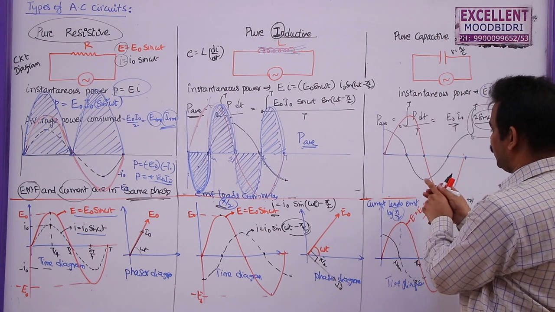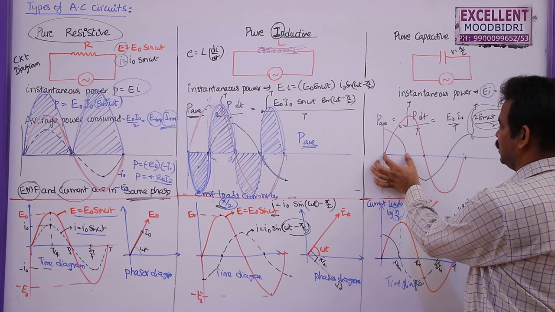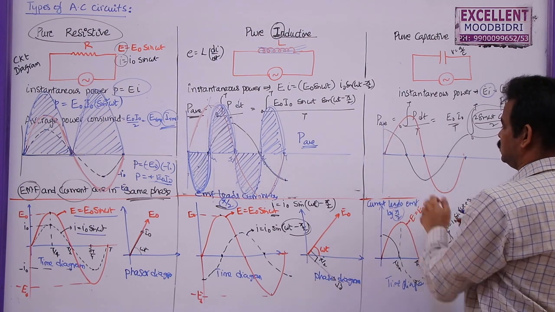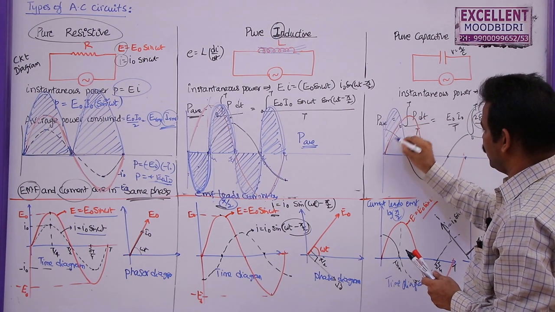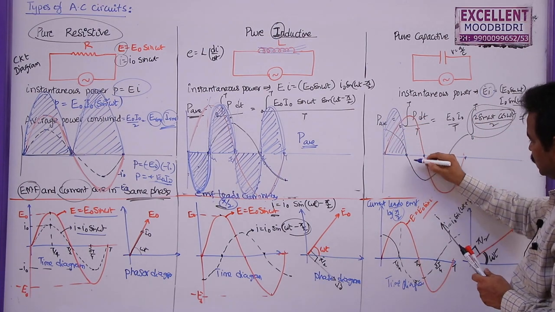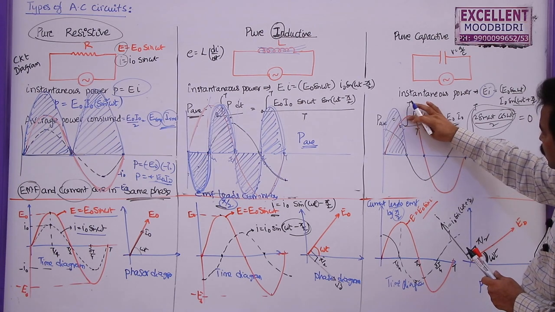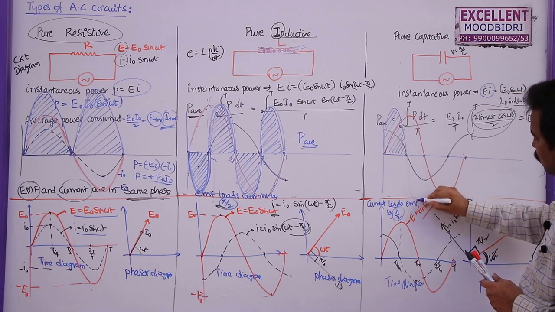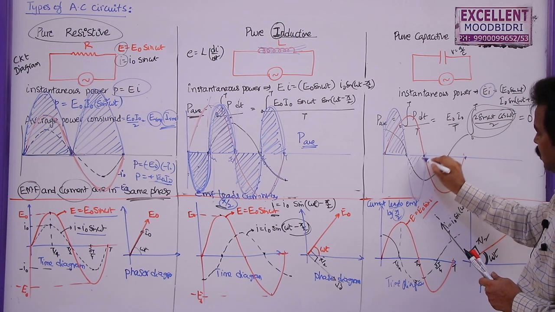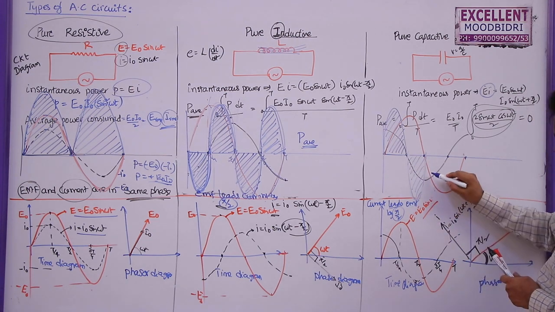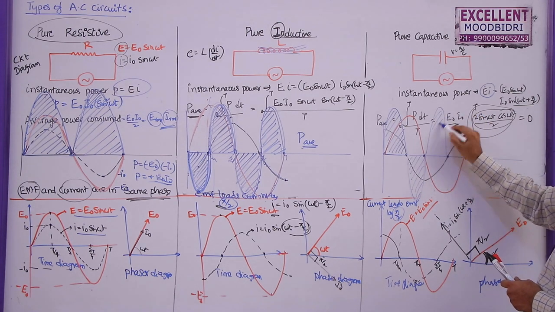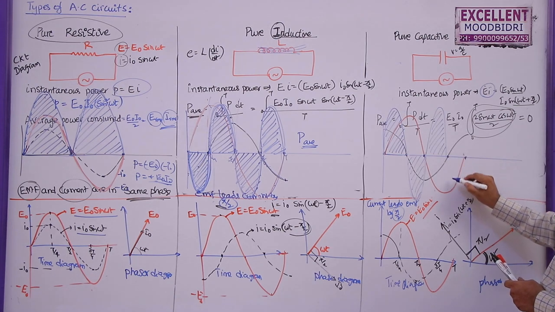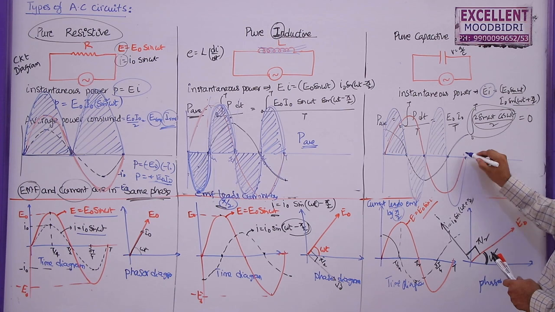Now for this 1/4 cycle, this is positive, this is positive, so both are positive and this is the positive power here. Now you can see the current is negative, even though EMF is positive, as current is negative, the power will become negative in the next quarter cycle. Now here both EMF and current are positive, if you multiply you will get the positive power once again, and then it is negative, even though it is positive current but negative EMF, so power consumed will be